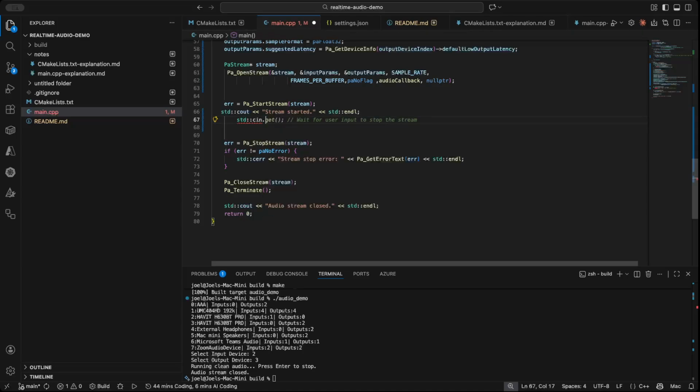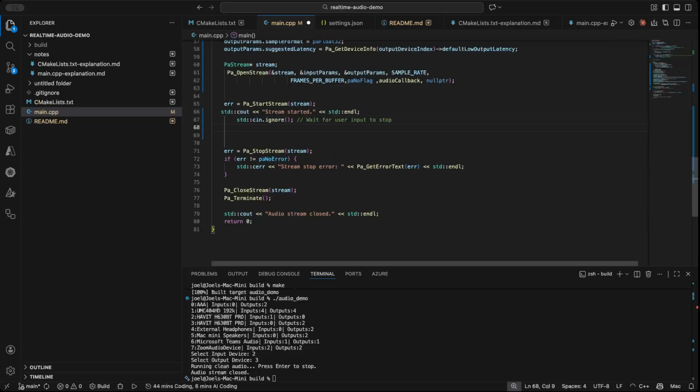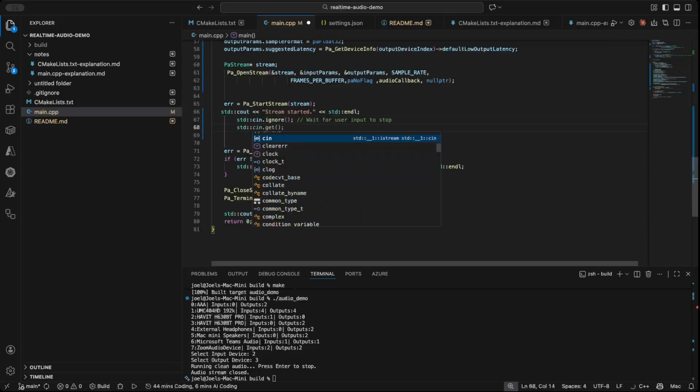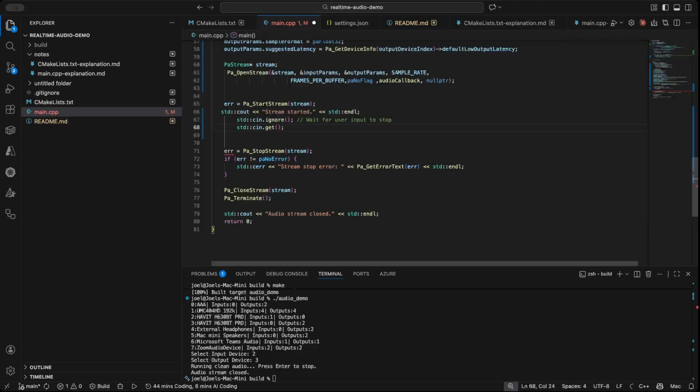dot ignore, so that we are actually waiting for user input to stop. Yeah, exactly. Then we shall get... Yeah, so I see where, wait for me a second. Yeah. Then